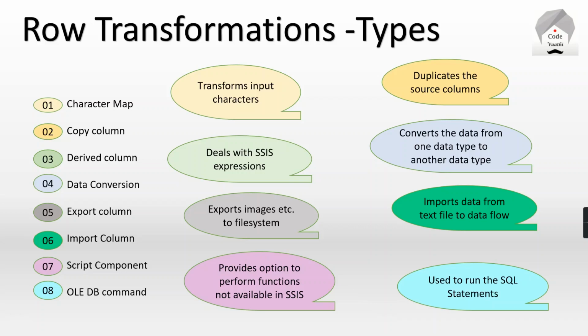It includes mapping half width characters to full width characters, and additional options like linguistic casing and all. If Windows is maintaining a particular code page, we can change that code page based upon our need. We will see a small example of how to use this character map transformation.